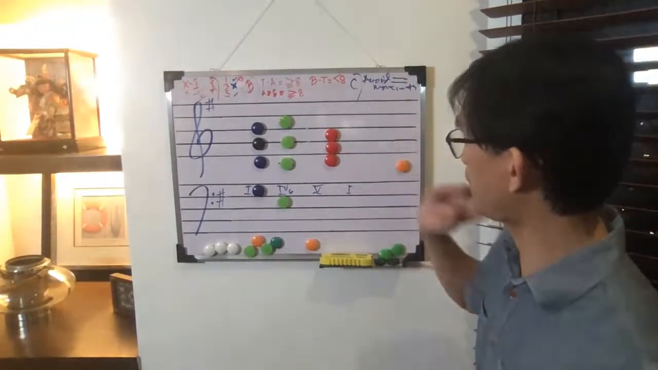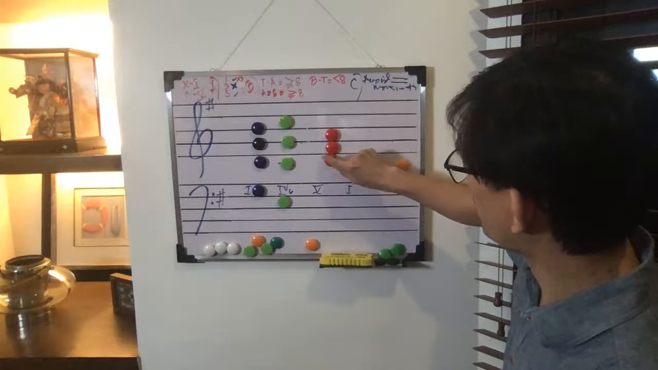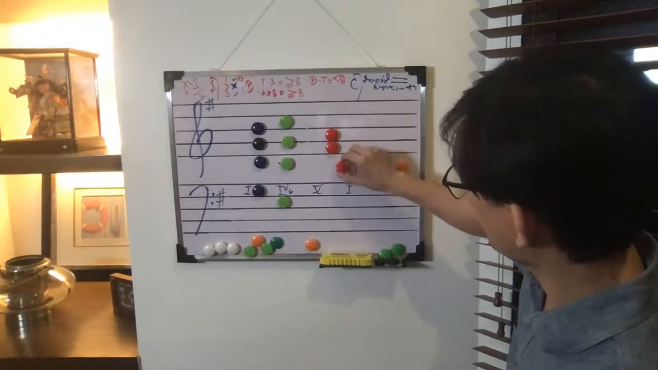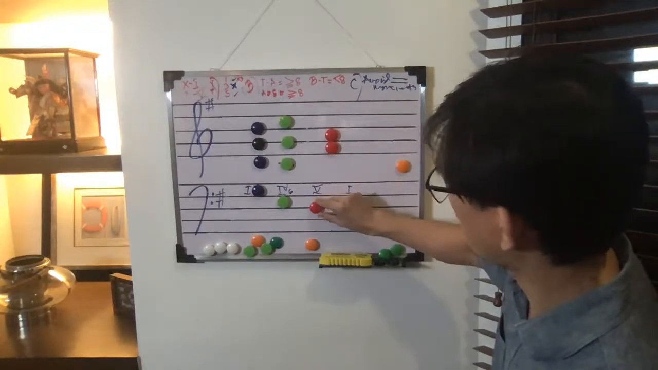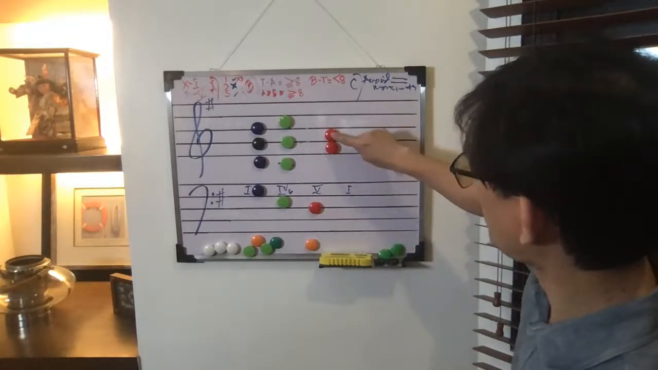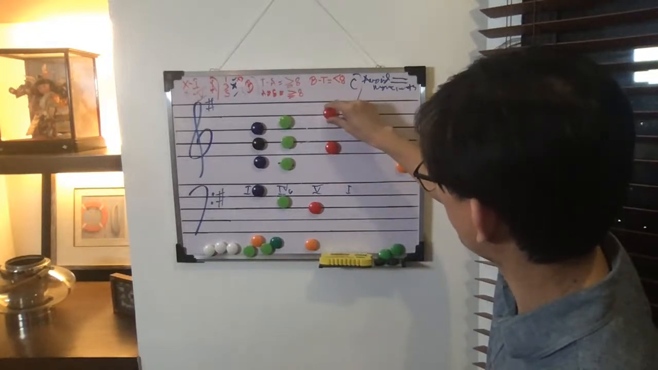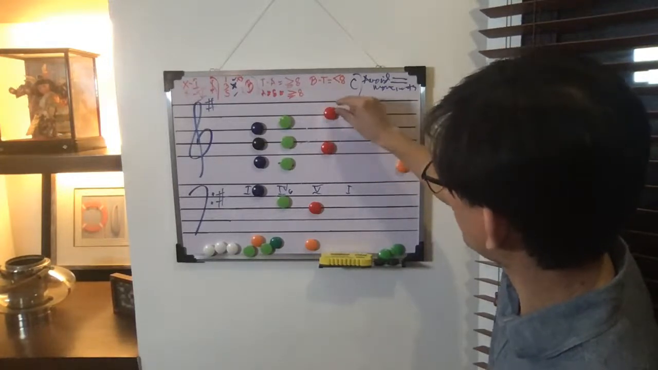I would say, well, let's make it this way. I would put this down there. That's the 5th. And then I would double the 5th. This one would go up to there also. So, what is